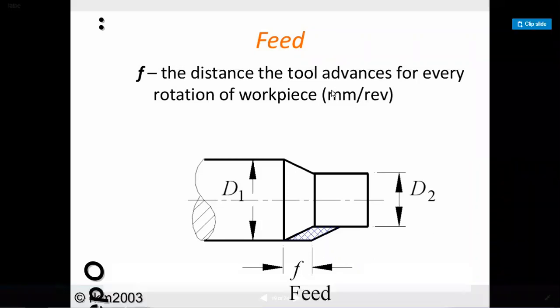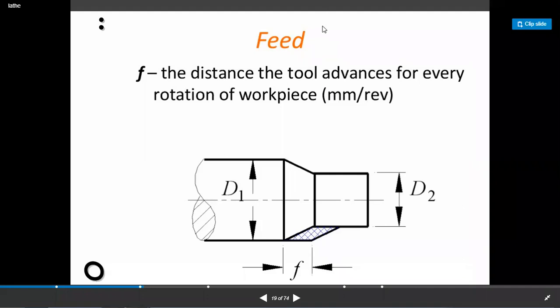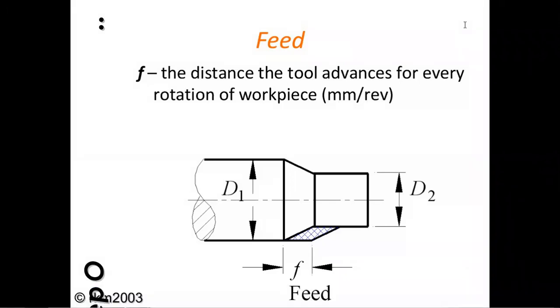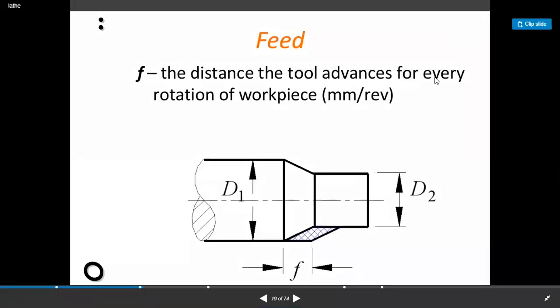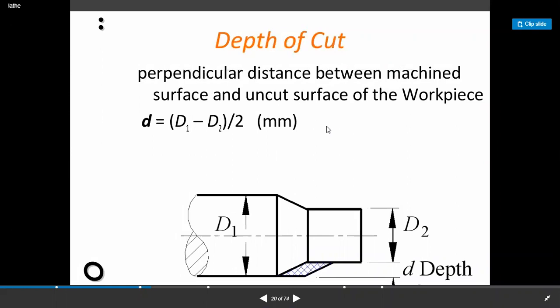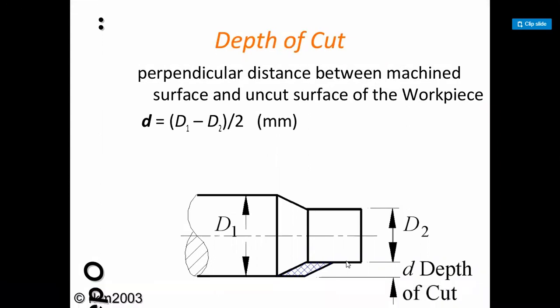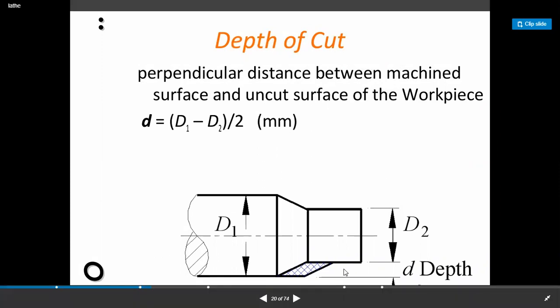Then we'll go to the next, that is the third parameter of machining, called depth of cut. Depth of cut is given as in your drawing. I'm showing, so depth of cut is the perpendicular distance between the machined surface and the uncut surface. After machining, diameter d1 is reduced to d2. So the machined surface is d2 diameter and the uncut surface of the work is d1. So that perpendicular distance is d1 minus d2 divided by 2, because that distance d will be at the upper side also. That's why we are dividing it by 2.